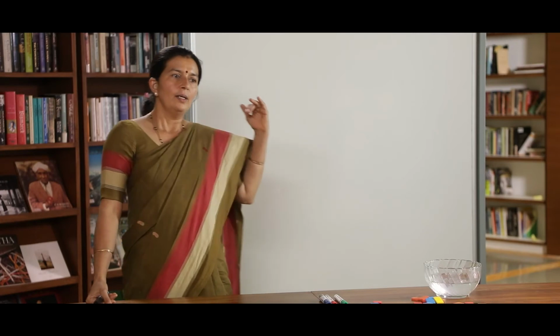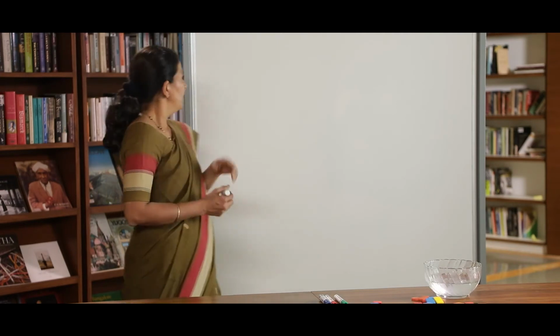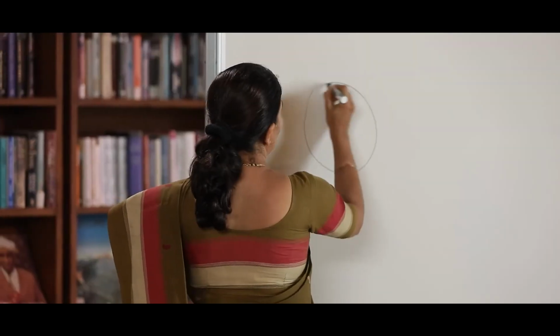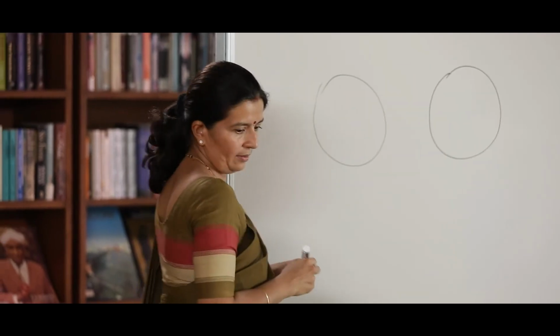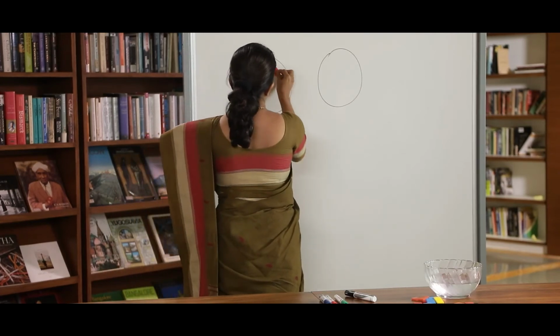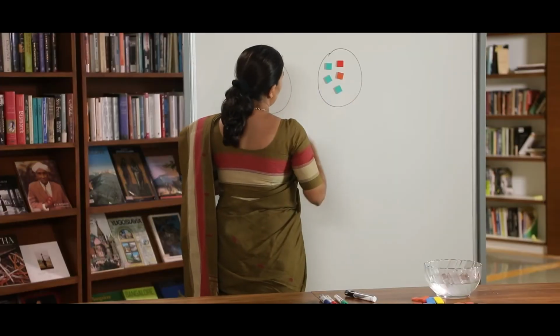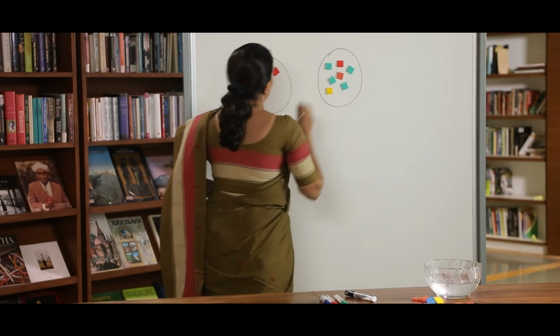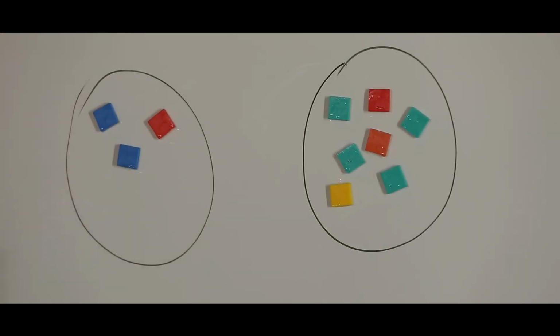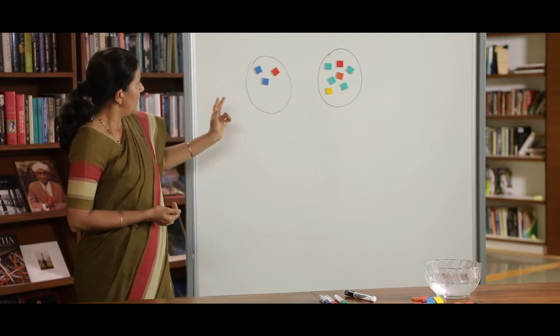So far, we learned how to compare. Further, how to do the same thing on the board involving children in this? Let us see. Let us draw two groups here and then stick these square counters inside these groups. We have not yet taught children to count yet. So, they will not be able to compare which is more, which is less by counting. They should answer that question through observation method.